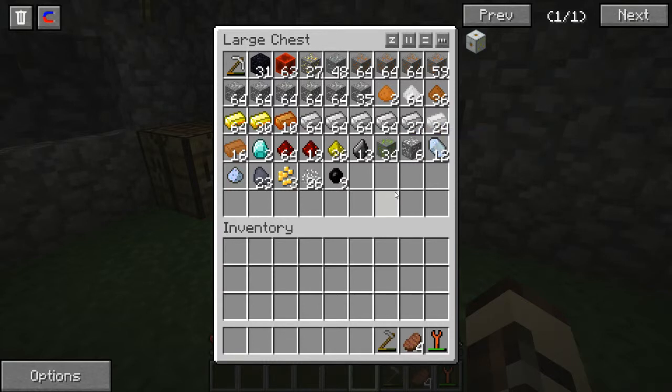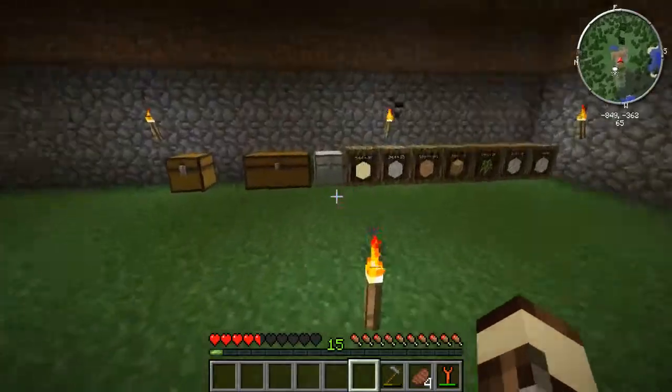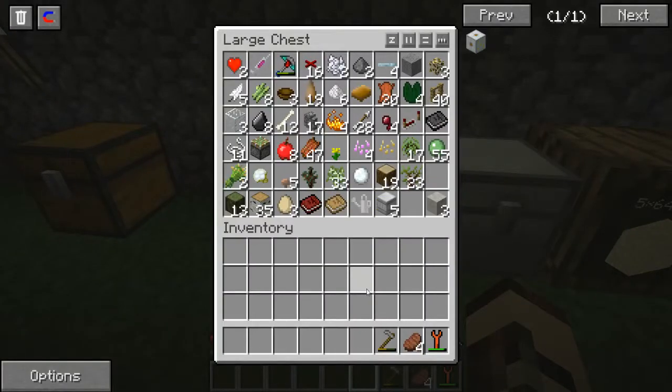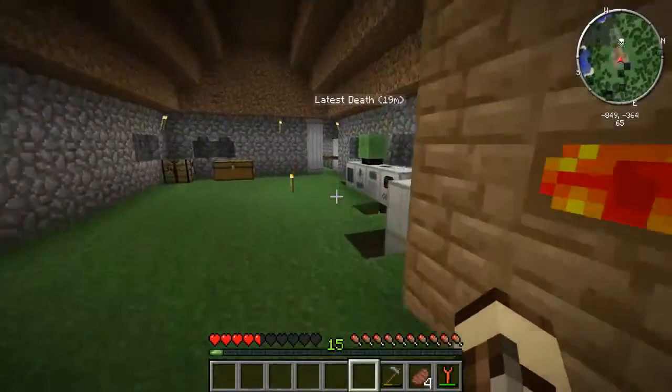I have a stack, just over half a stack of uranium. Once we hit a stack, I actually want to build like a nuclear facility. That's going to be definitely something that we work on. How much energy is my jetpack? Alright. Let's see if we can go get some more